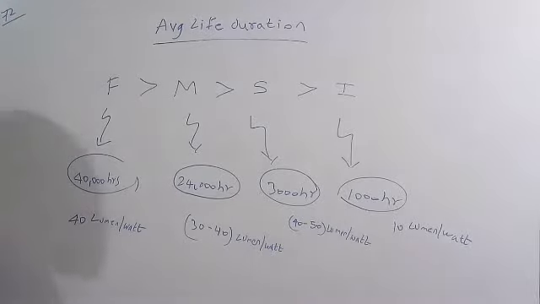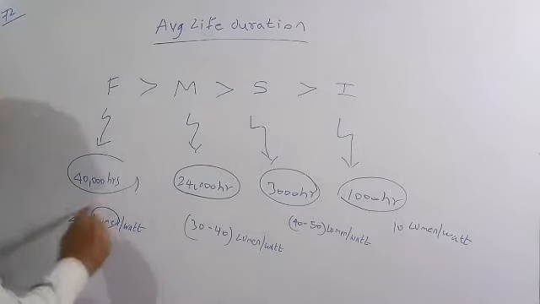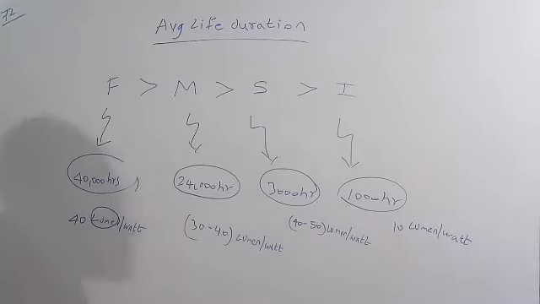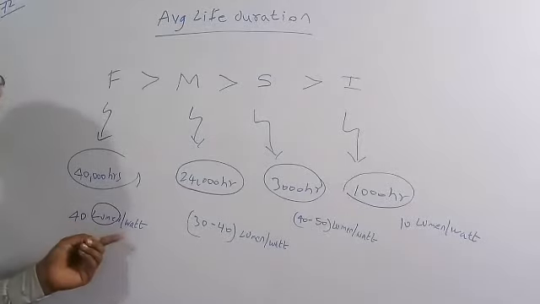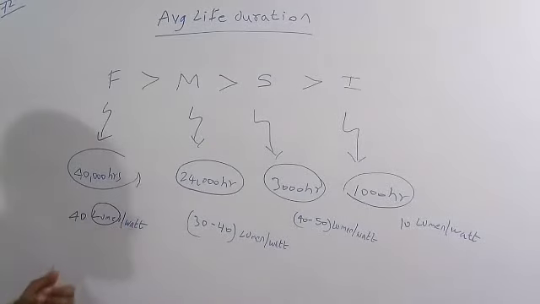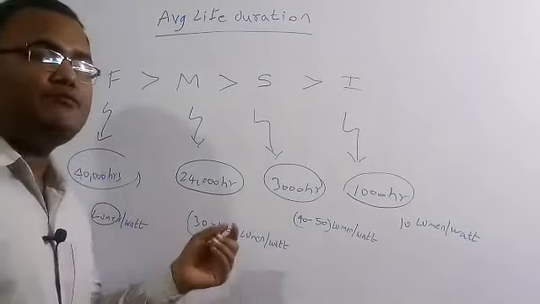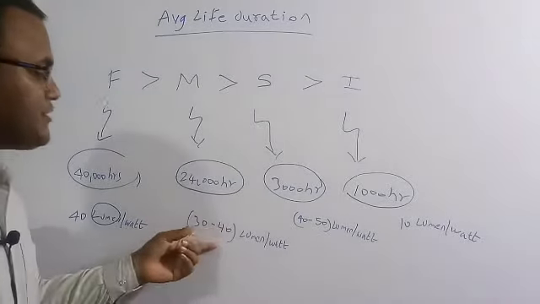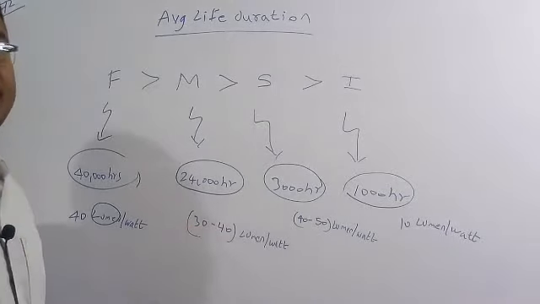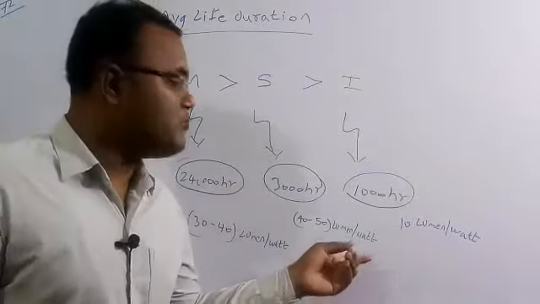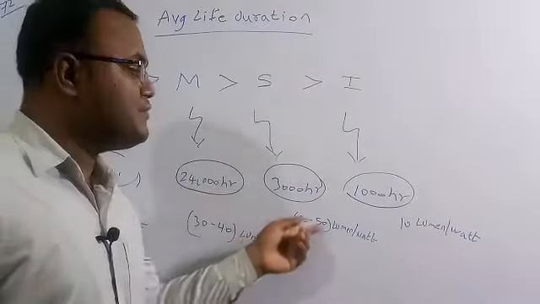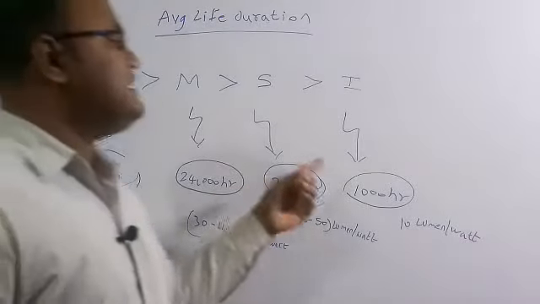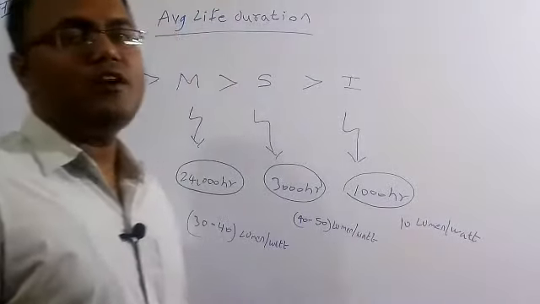And if you compare the lumens, means for 1 watt of power consumption, how much intensity of light is going to be delivered, which is 40. So for a fluorescent lamp, it is going to radiate 40 lumens per 1 watt of power. But for the mercury vapor lamp, for 1 watt of power, it is going to radiate around 30 to 40 lumens. For the sodium vapor lamp, for 1 watt of power consumption, the bulb is going to deliver 40 to 50 lumens per watt. And for the incandescent, only 10 lumens per watt.